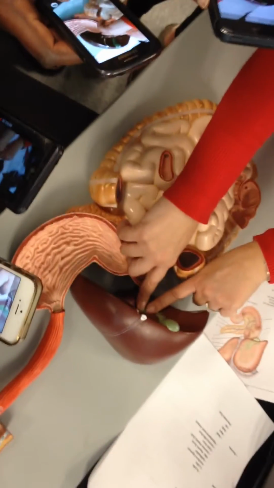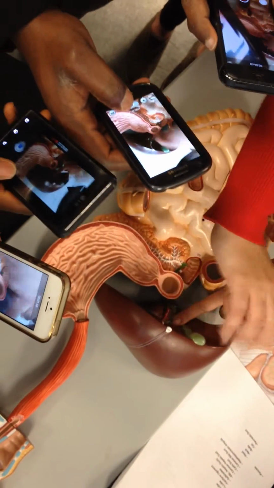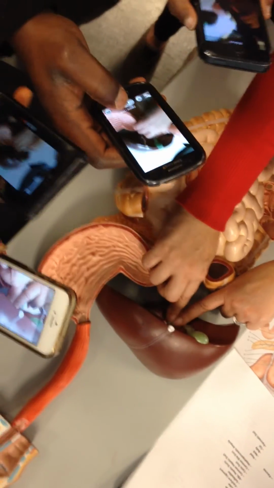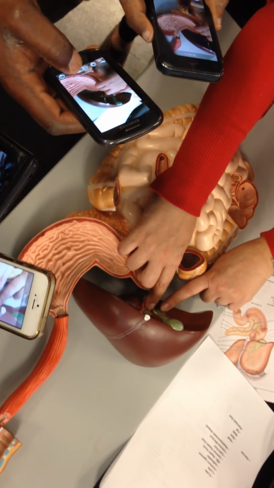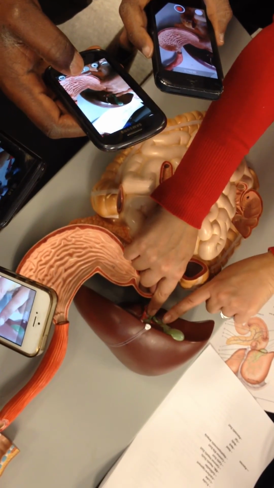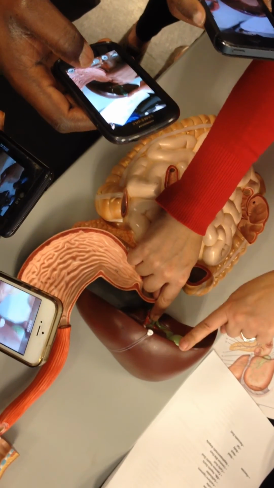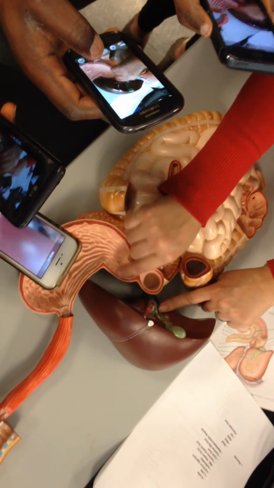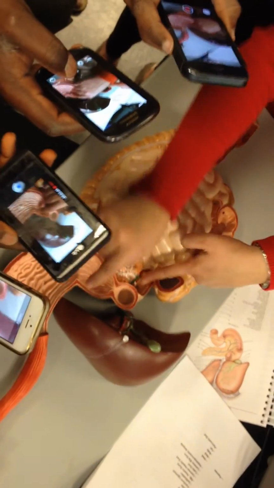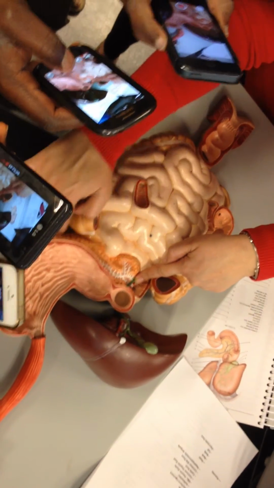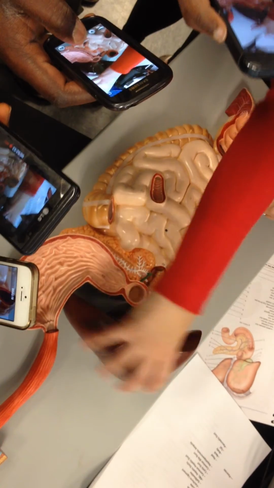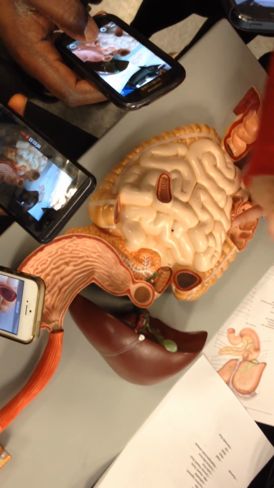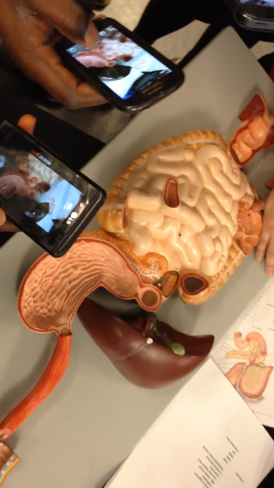One more time, these two are called right and left. Don't worry about which one is right and which one is left. Just know that these are the hepatic ducts. They join together to make the common hepatic duct. The common hepatic duct joins to the cystic duct. The cystic duct comes from the gallbladder. Together they make the common bile duct. The common bile duct joins the pancreatic duct and opens into the duodenum through the hepatopancreatic ampulla. So the common hepatic and the cystic